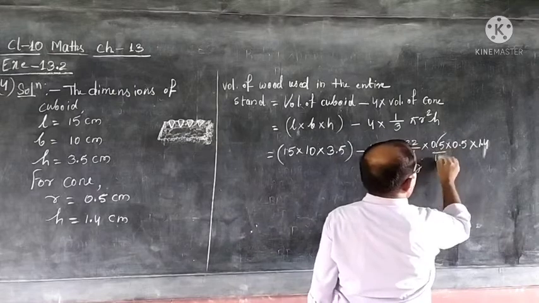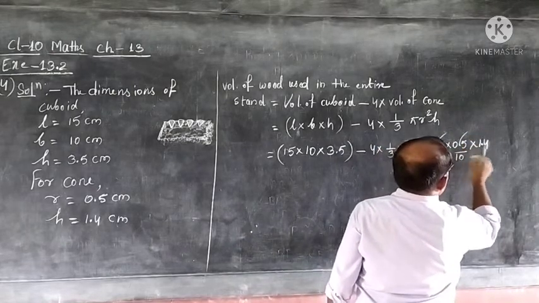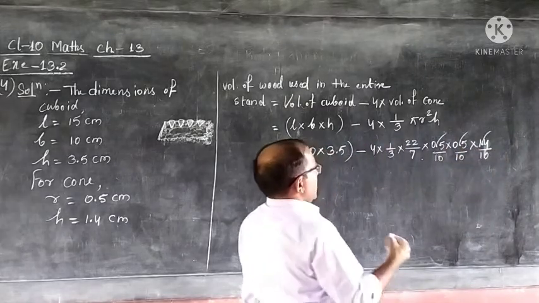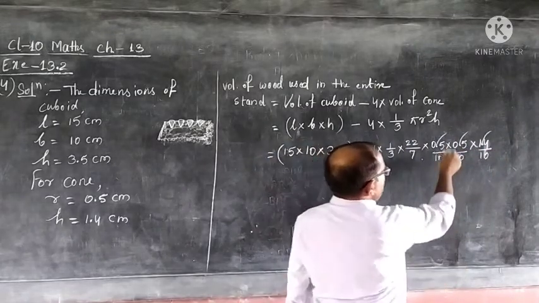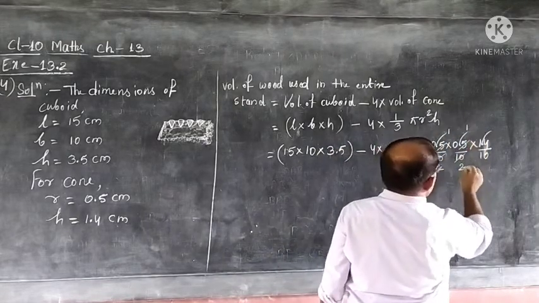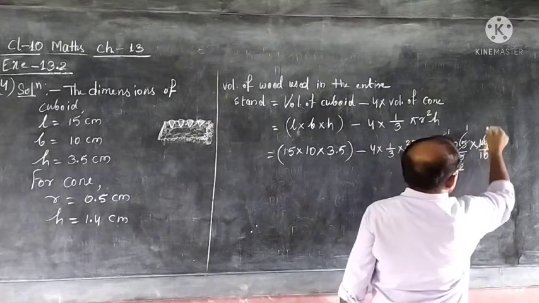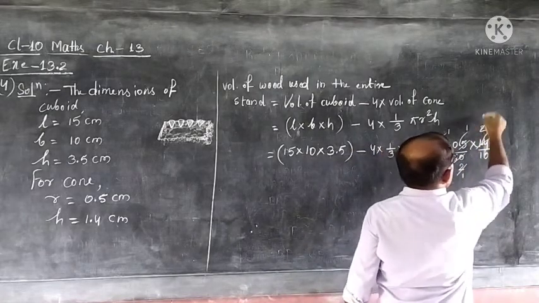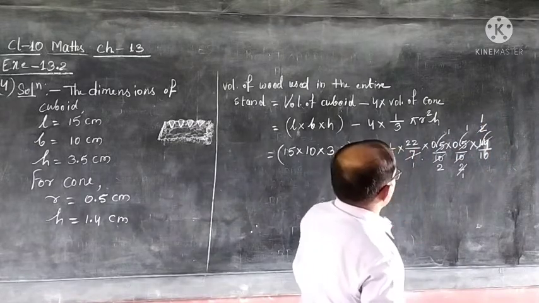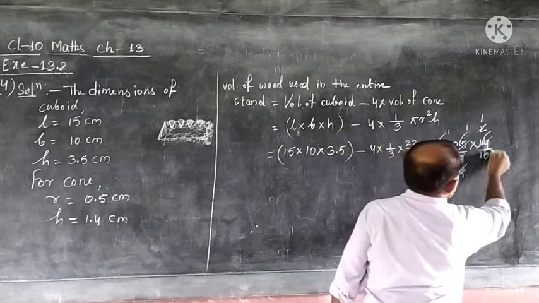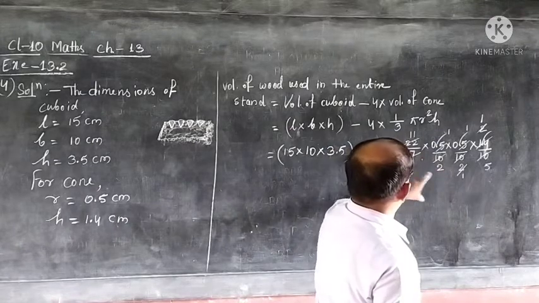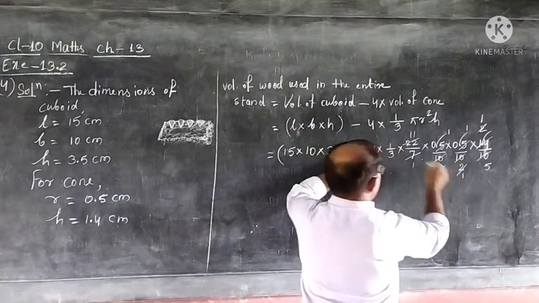Remove decimal, 10 comes. Here also remove decimal, 10 comes, because every number has only one decimal digit. See whatever possible to cut. 5 ones are 5, 5 twos are 10, again 5 ones are 5, 5 twos are 10, 7 ones are 7, 7 twos are 14, 2 ones are 2, carefully cut. Then 22 and 10 also we can cut. So cut it. 2 5s are 10, 2 11s are 22. Any more number? Yes, 4 and 2 we can cut. 2 ones are 2, 2 twos are 4.